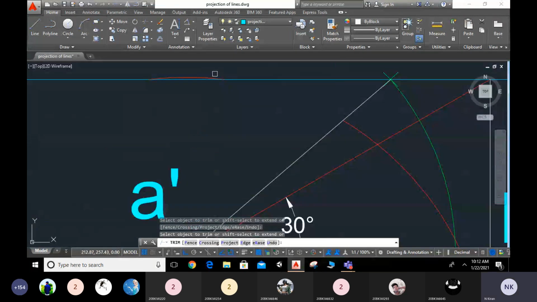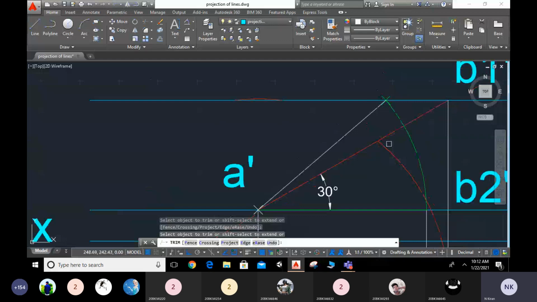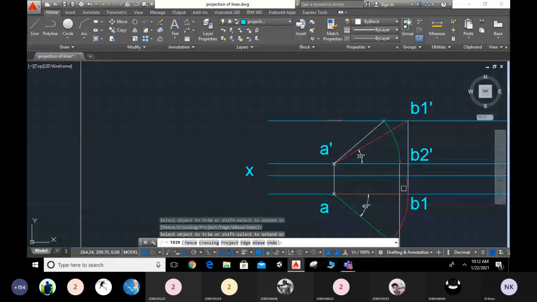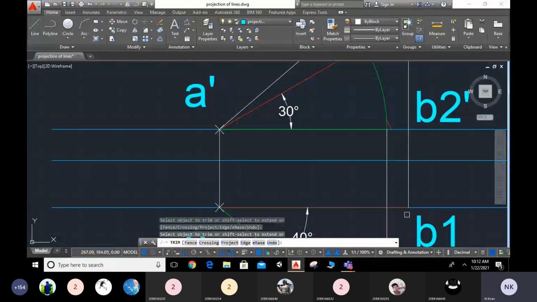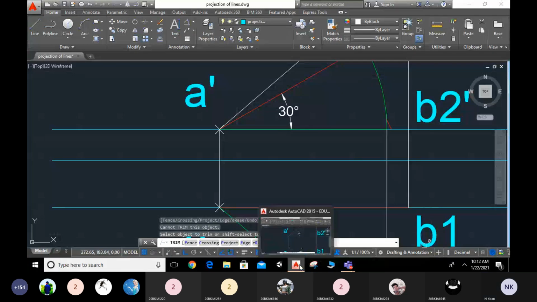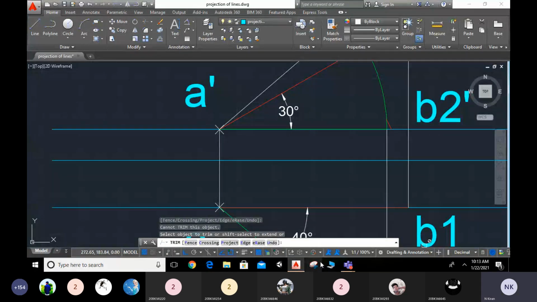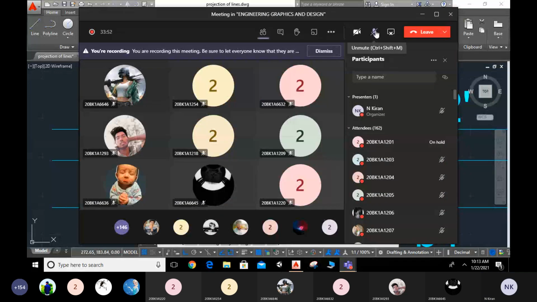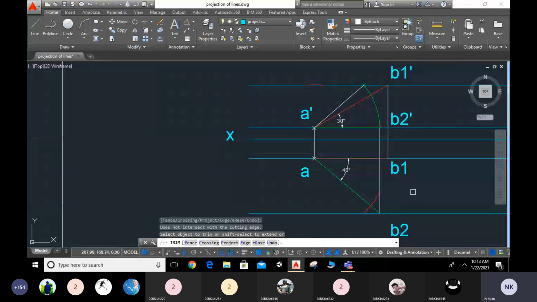Whatever I don't need, I will trim off. Yeah, whatever excess is there, we will trim off.